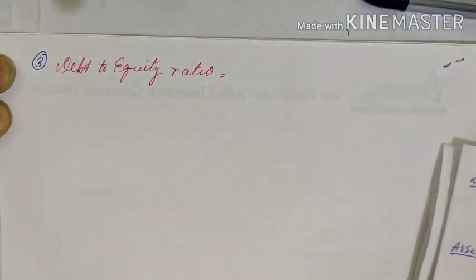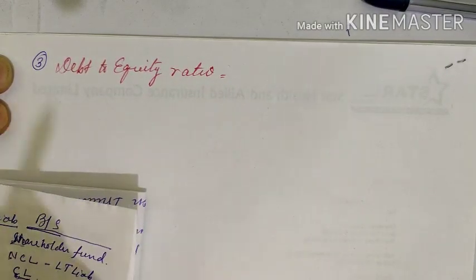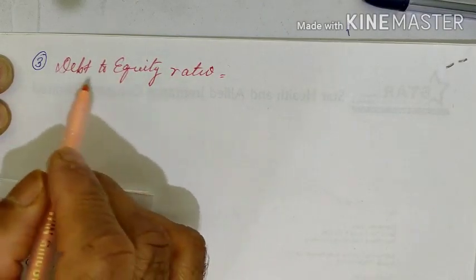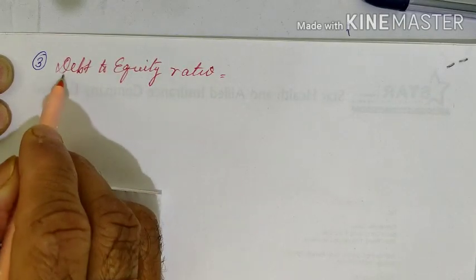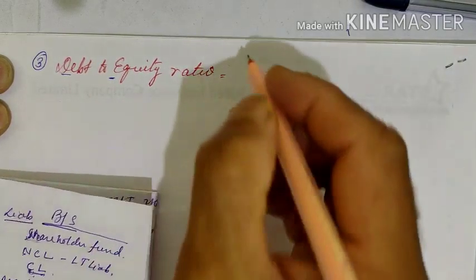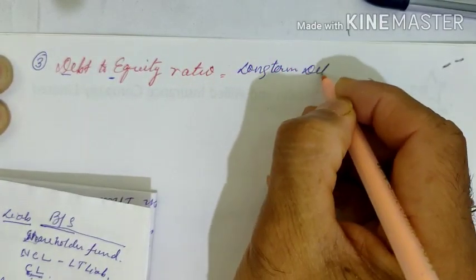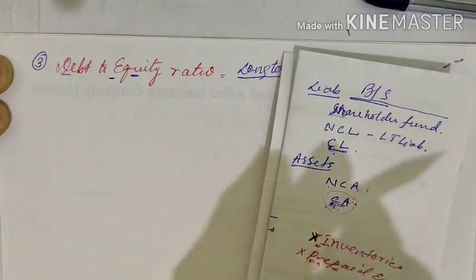Debt to equity ratio, again two factors. The factors are here itself, guys. You don't need to mug up this formula. You just have the concept. Let's understand this very well. You have the information here in the statement: debt to equity ratio. This is a ratio between what? Debt and equity, right? So one factor will be long term debt, another one is the equity. Equity here means the shareholders.